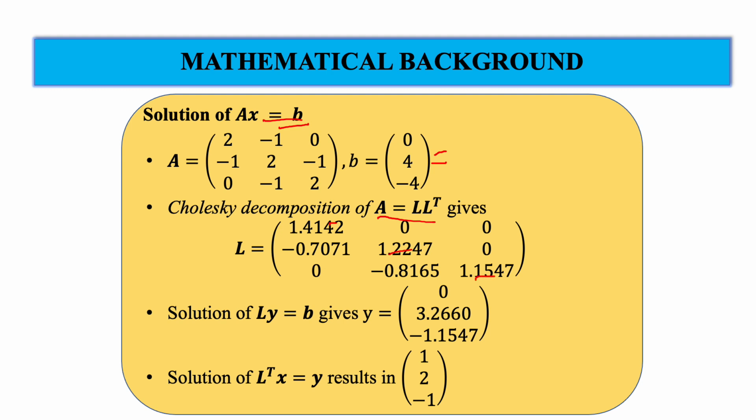Now we solve the system Ly equals b. Since L is lower triangular, it is very easy to solve this system. After having obtained y, one can solve L transpose x equals y, which gives us x star, which is 1, 2, minus 1. You can check that this is indeed the solution of the given Ax equals